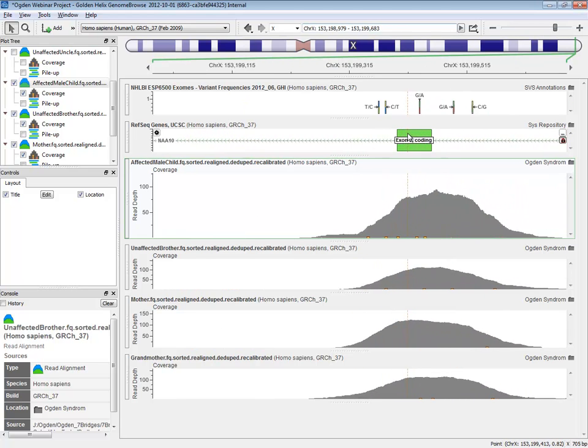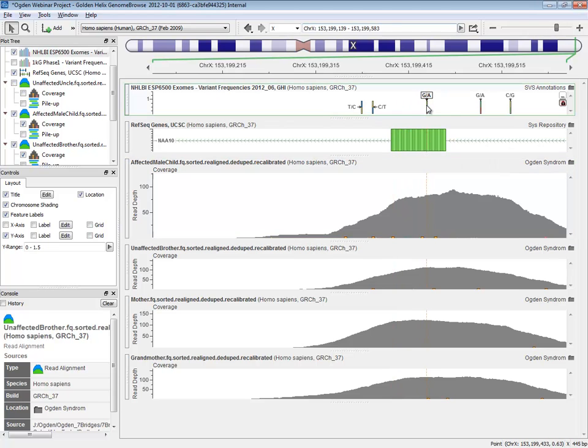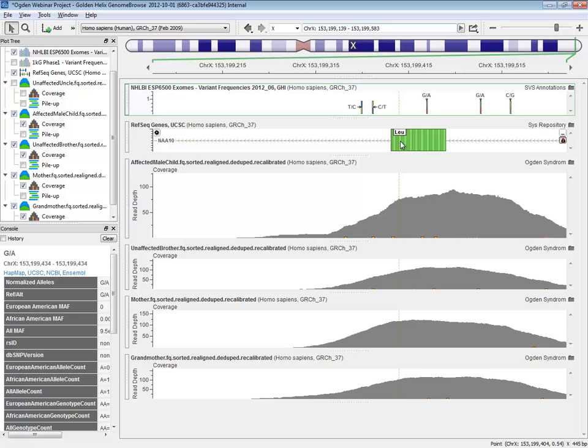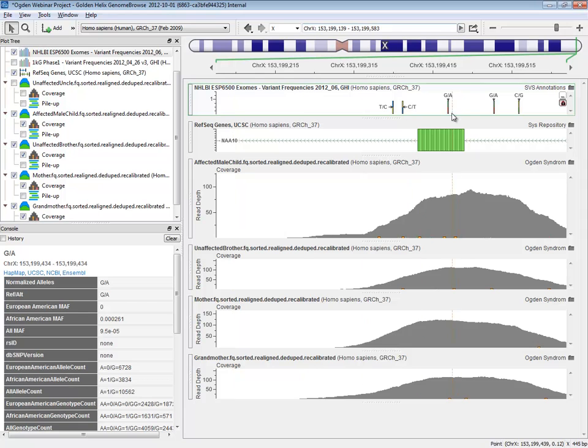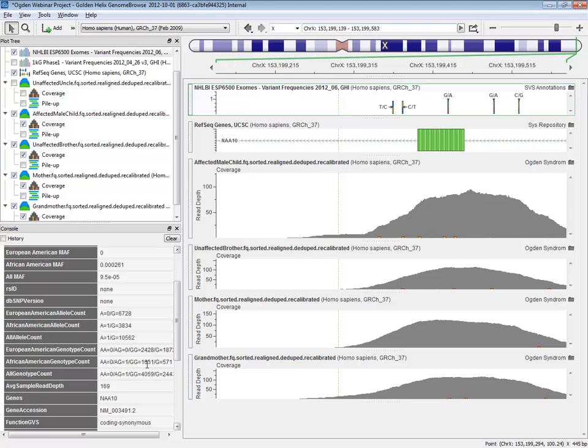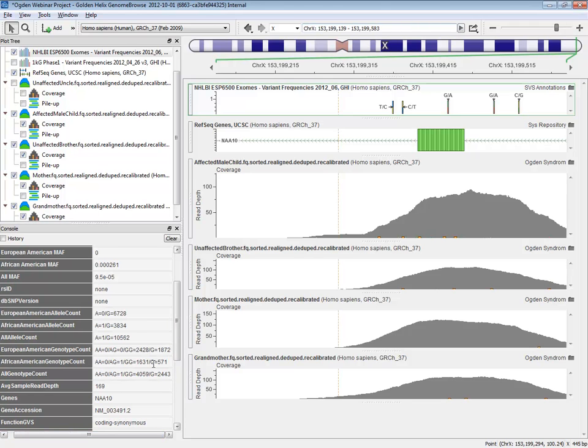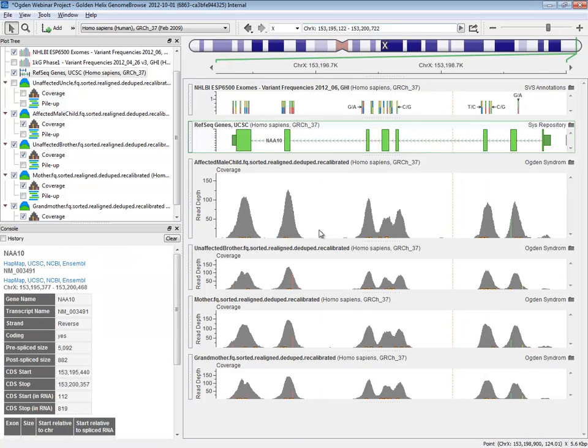We can also look to the fact that there are very few, if any, variants that fall inside of the coding regions of this gene, implying that this gene is pretty highly conserved. In fact, this variant that does fall in the coding region occurs only in an African individual, and there's no hemizygous, so there's no male that actually has this variant, also implying that this gene is extremely important. And indeed, this is the functionally validated result. So there we go. We've used Genome Browse to get to the result we were hoping, and we can be very confident that this is a high quality variant.